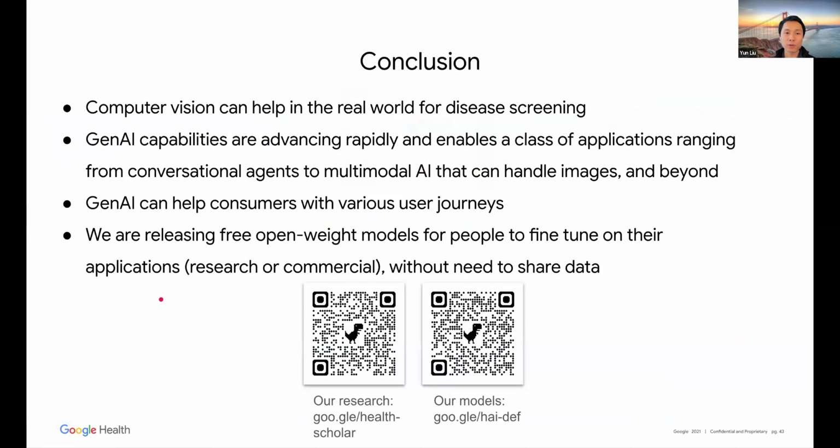I'll take some questions. So very briefly, I think the work that we've done so far, we focused a lot of efforts on computer vision initially, and we found that computer vision algorithms can be quite helpful in certain healthcare settings. We've managed to get some of these off the ground and together with partners screen over 1 million patients. For generative AI, I think it's still a fairly young field, but it's maturing pretty quickly. The capabilities are advancing very fast, and so we're seeing more and more things that one can do with it. And some of these involve conversational agents, and some involve multimodal work. But I think we're pretty excited for the things that we're seeing people build out of it.